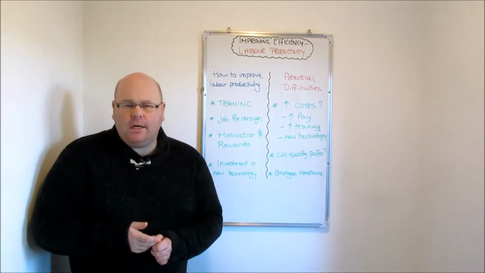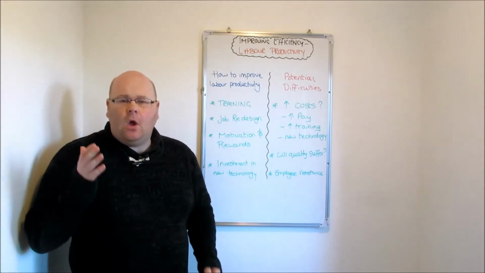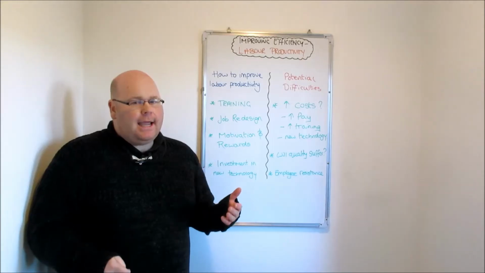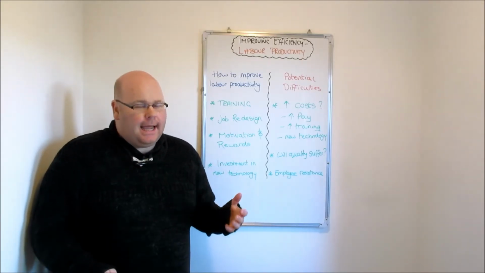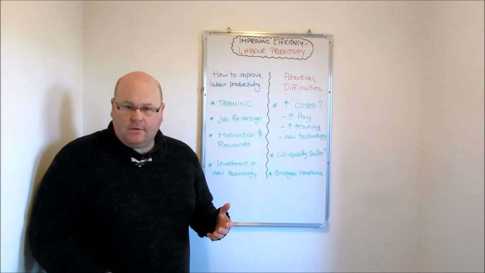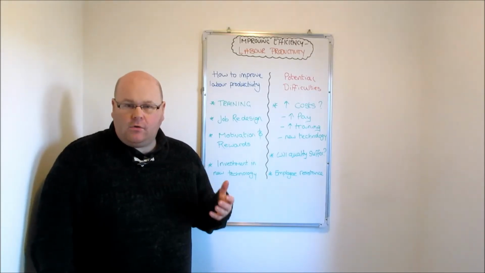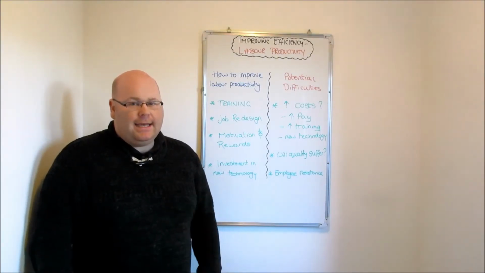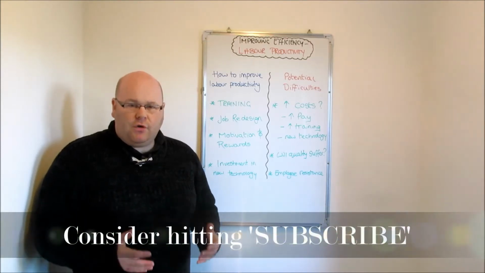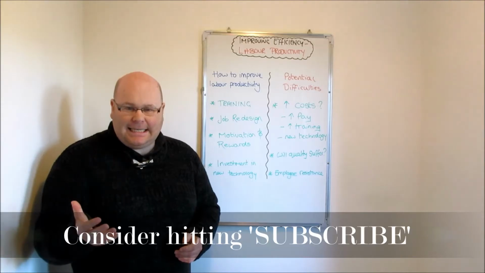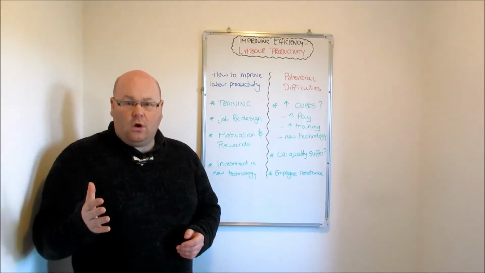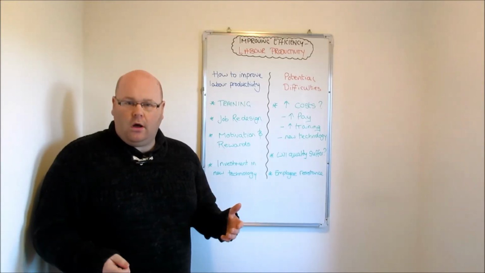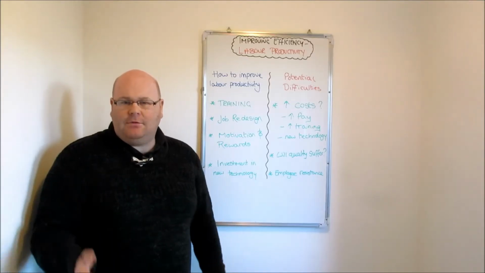So let's have a look at how we might try and improve that labour productivity. Well, one of the main ways might be through the investment in training. Maybe we can get employees to produce more per hour, more per day, more per month by improving their skills. If we can equip them with a greater skill level, maybe they can work faster, maybe they can get more done in a given time period. So by training our members of staff, we might be able to skill them up so that they can work on a more rapid basis,